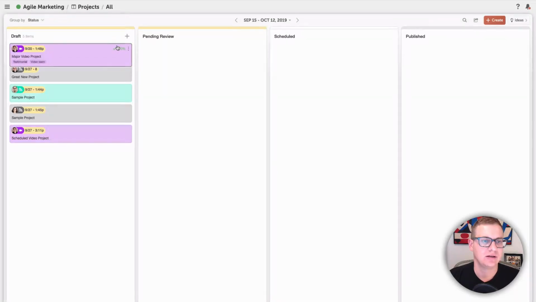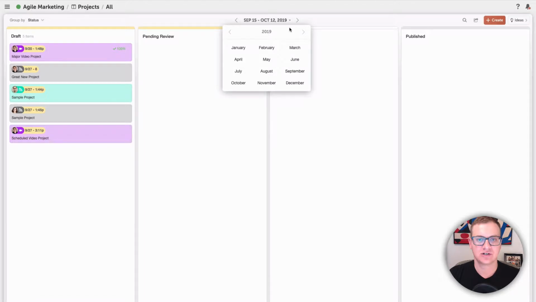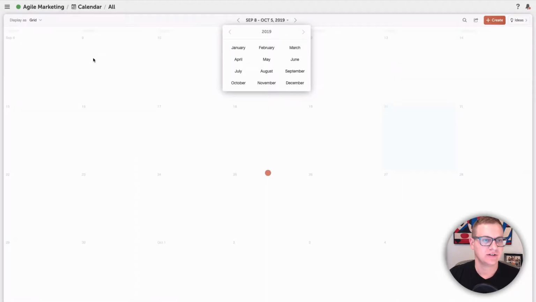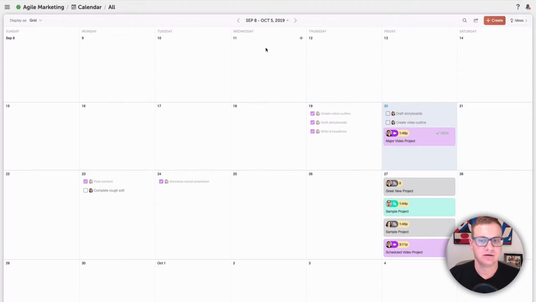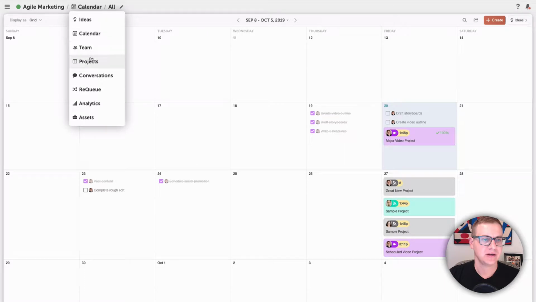tab. And the main difference between ideas and projects, they are both going to give you a Kanban view grouped by status of project. But the difference with the project view is that these are actually scheduled projects. So you can see that we're actually working using the CoSchedule calendar here. So what's reflected in my calendar in terms of scheduled projects is also going to be reflected in my projects